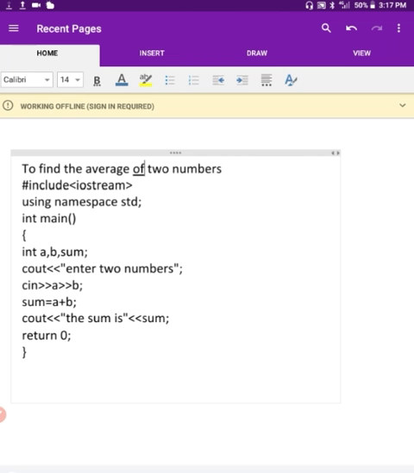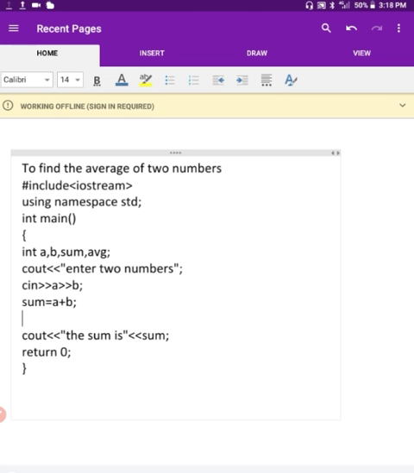So here in this program we can make the modification. #include <iostream> using namespace std; int main. Two numbers I am using, so int a, b. Then sum. For finding the sum, one variable is used, and to store the average I can declare another variable, say avg. Then cout enter two numbers a, b, sum equal to a plus b. Then next is average, avg